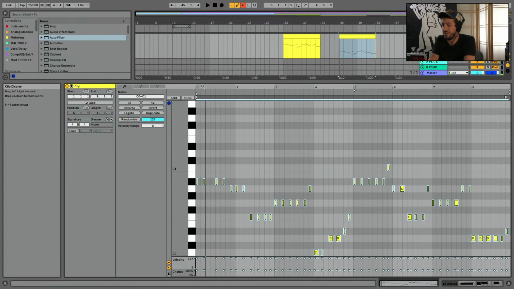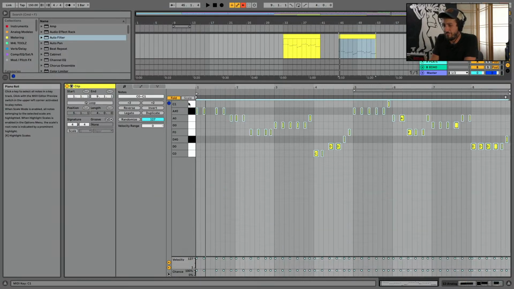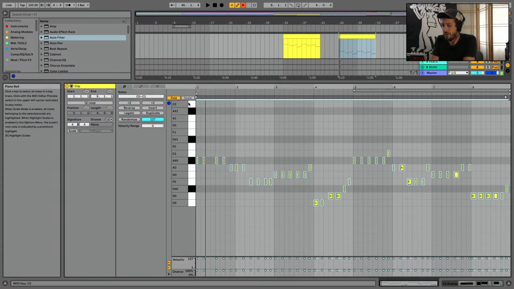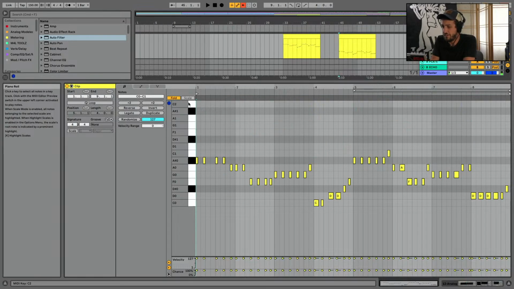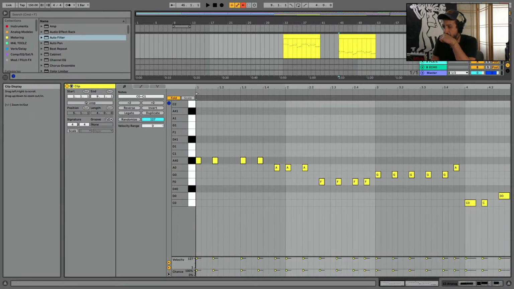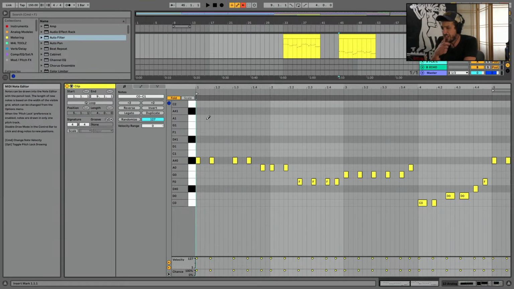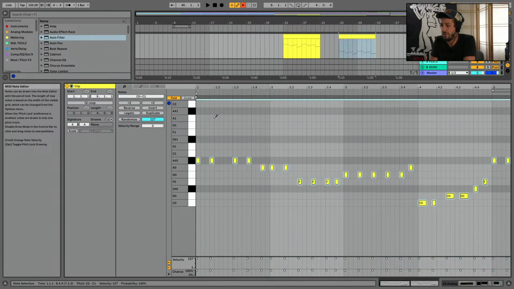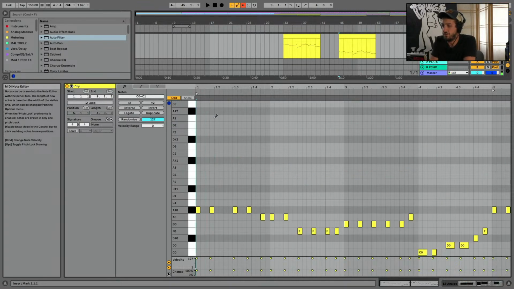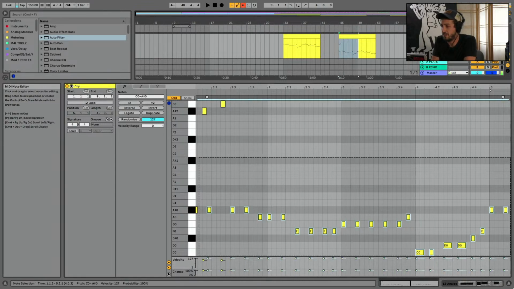So here's my idea with this: I'm going to take these notes, copy, paste, shift up, and then delete what I just pasted in. So now I have the same set of notes, but just available on the grid up here. And then I'm just going to bop them in. Oh, I actually want to do it up 2 octaves. I don't like it down in that octave either. So we're going to take this whole thing.